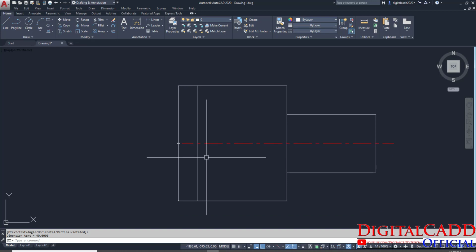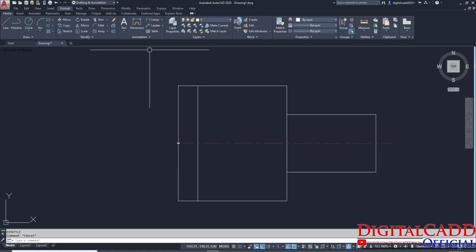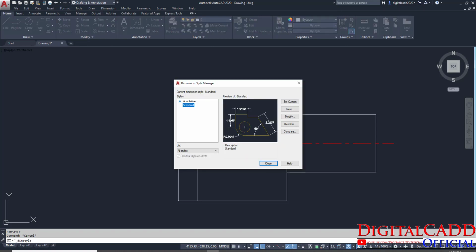Just press D for dimension style. You can see here, press D from your keyboard. We have this D for dimension style, and we will get this dialog box. Otherwise we have this one, format, and here we have dimension style. Okay, and then modify.